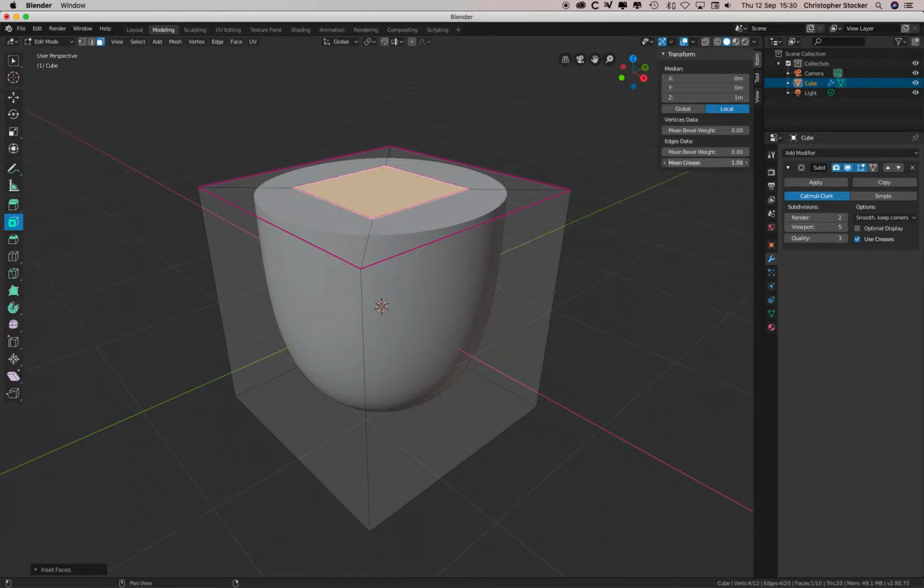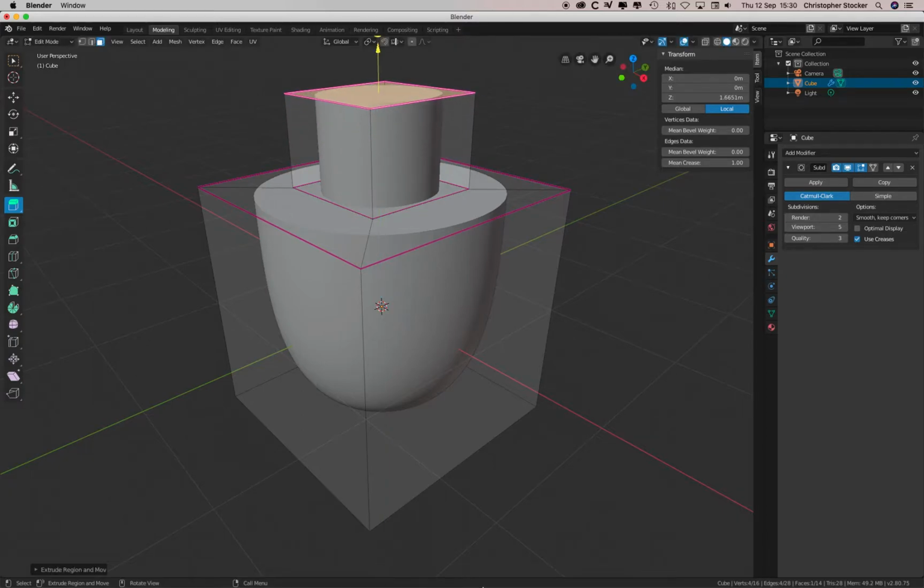I don't know whether if I change that it's going to change them both together or not. Let me just extrude it. Okay. Now obviously if I take the crease down on there, remember this isn't altering this geometry at all,